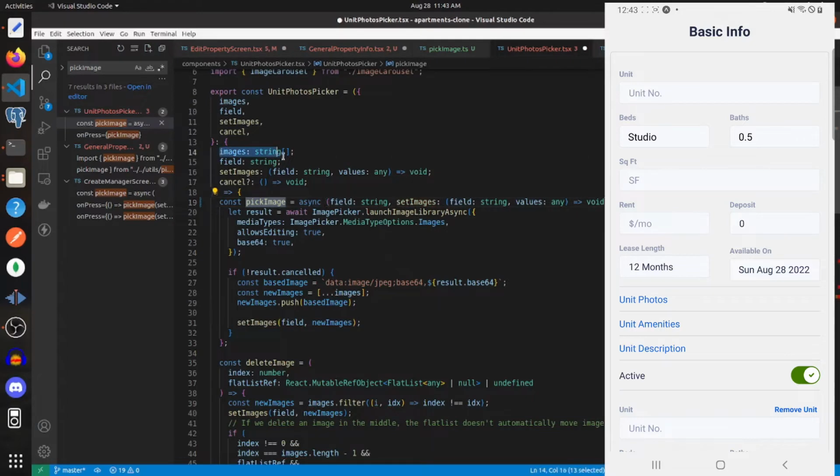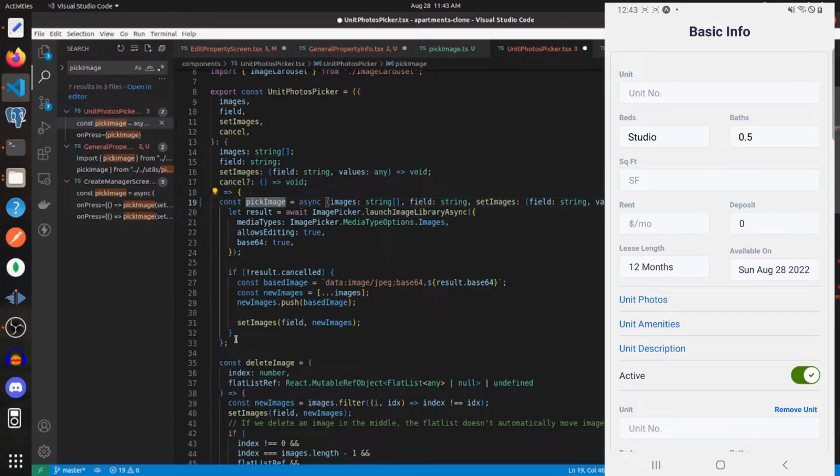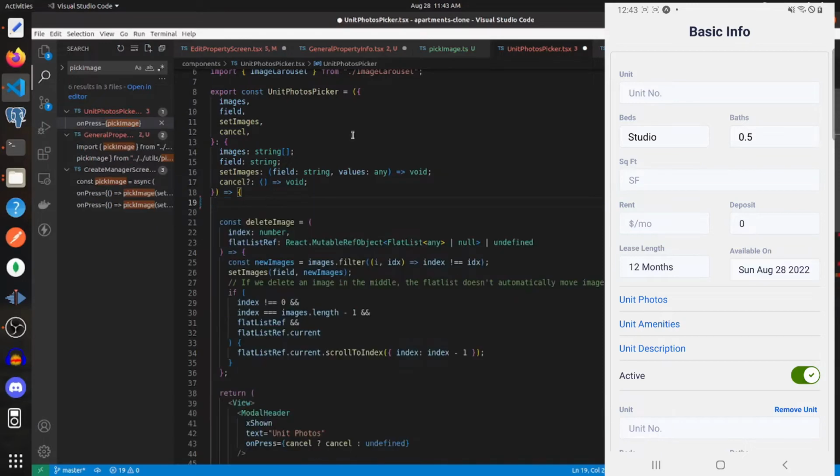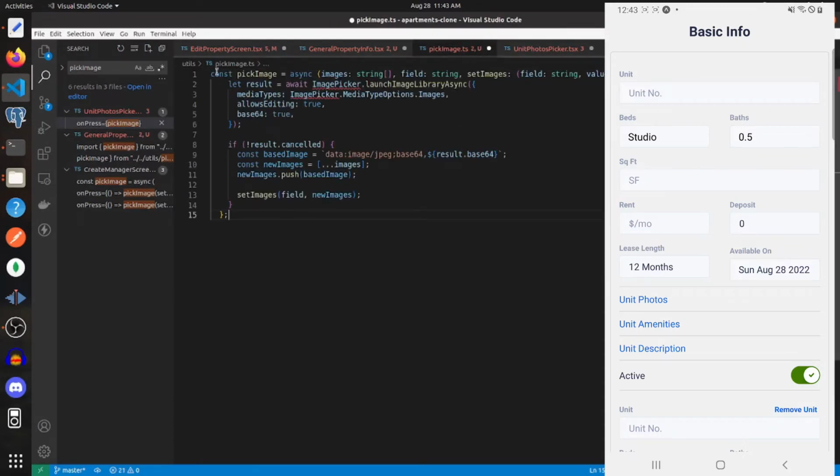And the images. Alright, now we can cut this